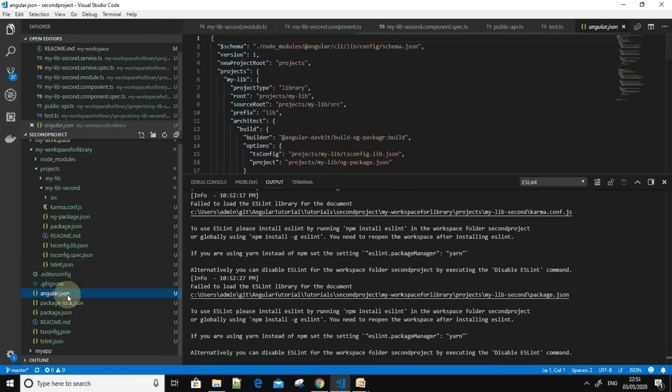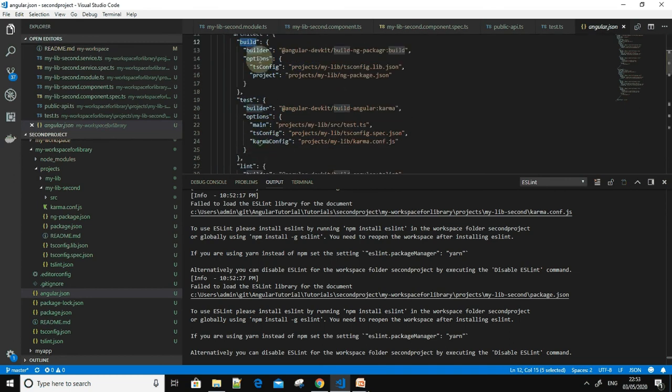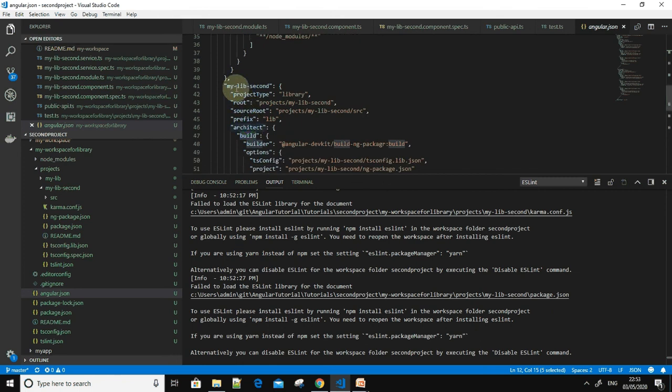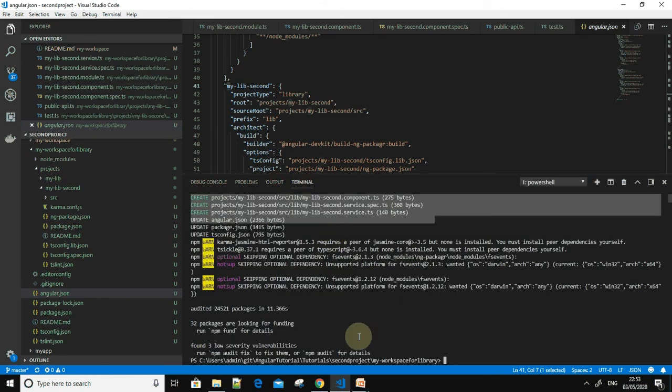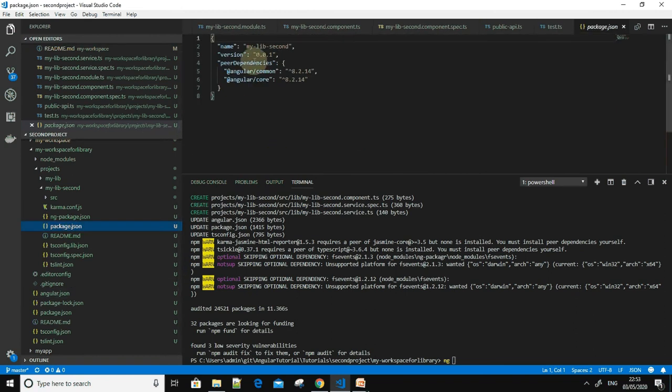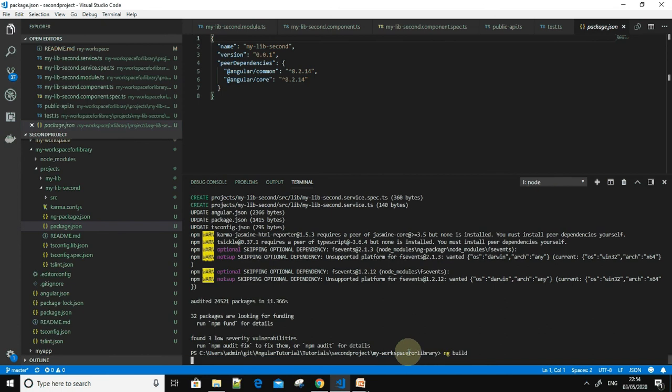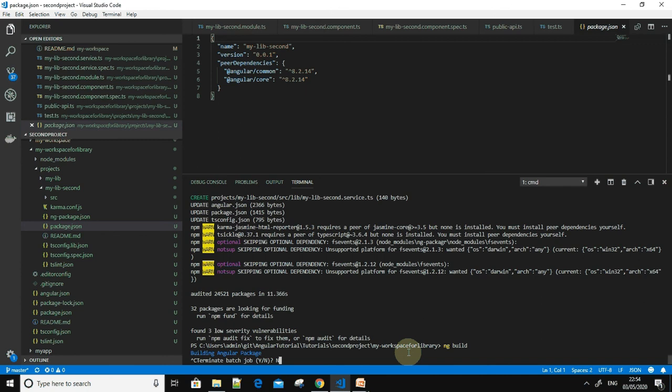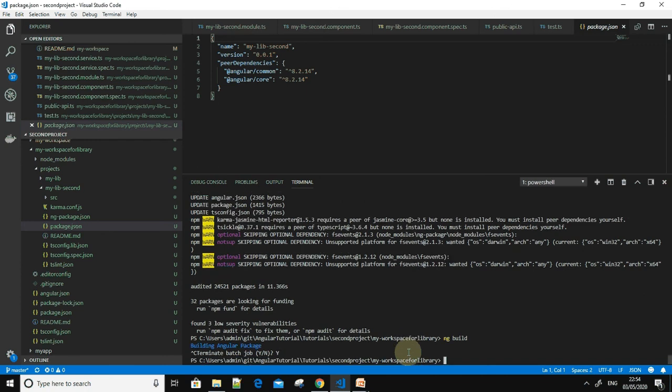If I go to the angular.json, here also you can see, like we have seen with multiple projects, you have the mylib entry. Inside that, even the steps for the library are mentioned: build, test, lint. For the second library it is also there. If I go to the terminal, okay, sorry, I have to go to the respective library, my library for example.